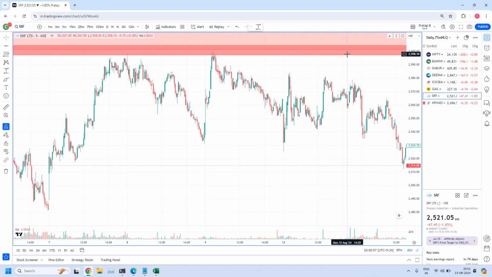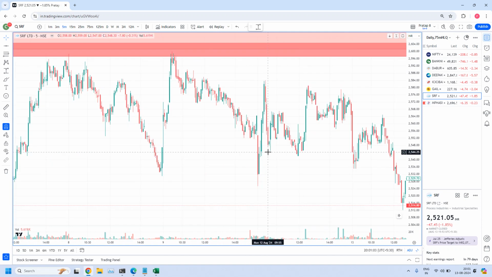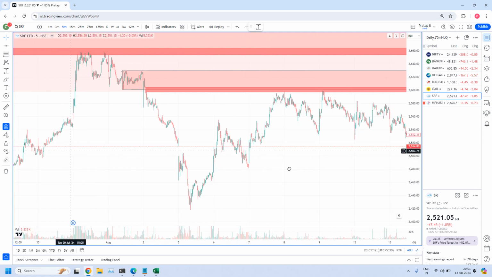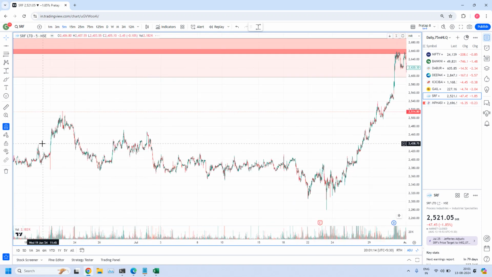Maybe the trade could be successful or a failure because it is a high liquidity zone. At some point high liquidity has to expire. But until it expires, we have to plan multiple trades. Because with high liquidity, we have higher chances of success. In case this fails, again on the top, one more high liquidity zone is there.